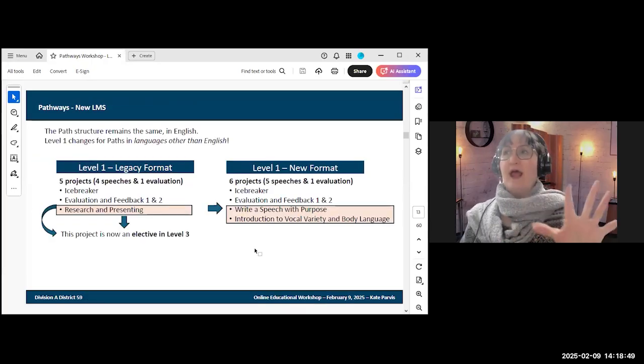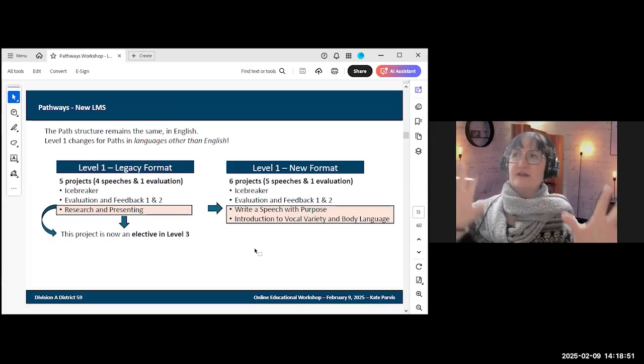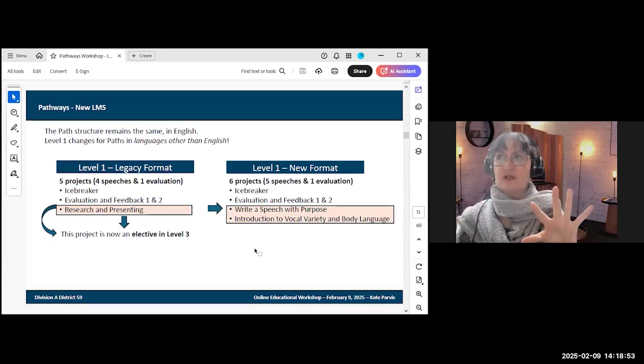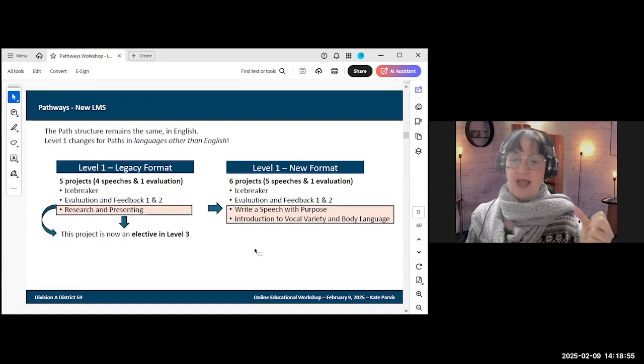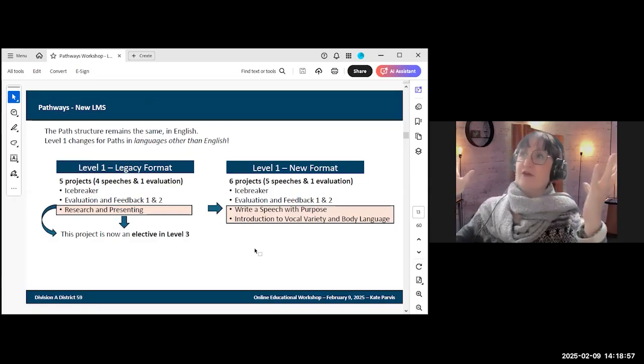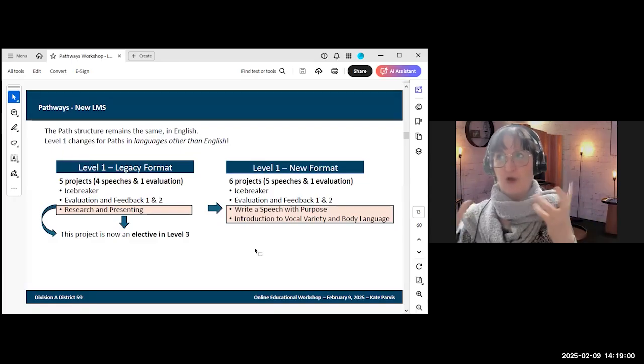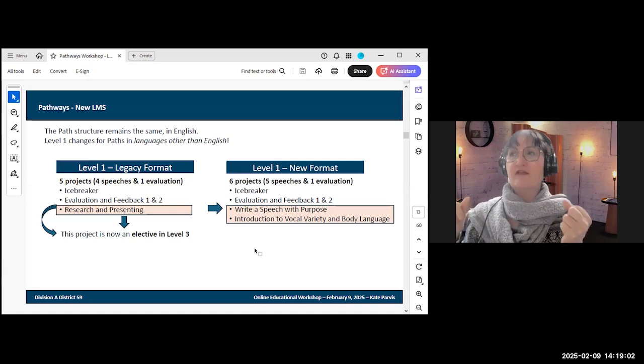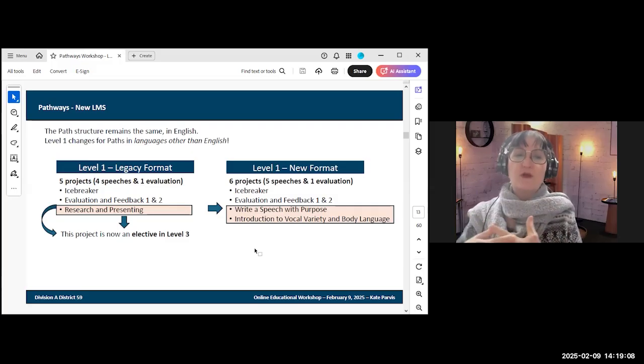Now, what happens if you didn't validate a speech, and suddenly, as we heard from Wendy, it disappeared when the new LMS got launched? What do you do? Well, in level 1 in particular, this is a little complicated because the format changed. So in level 1, for example, if you did researching and presenting, but it wasn't validated, well, that is now